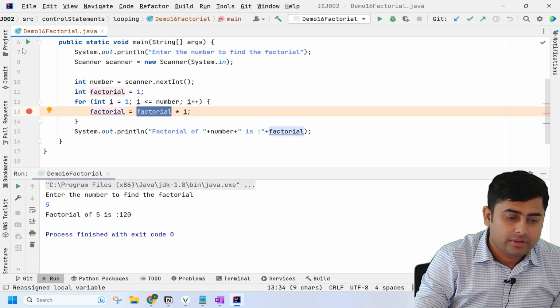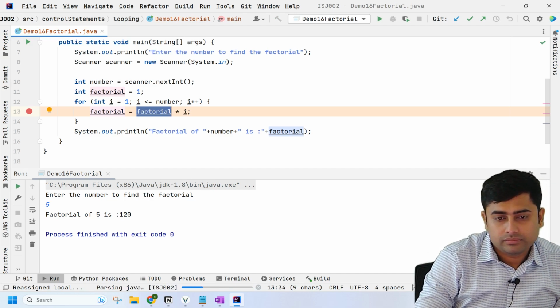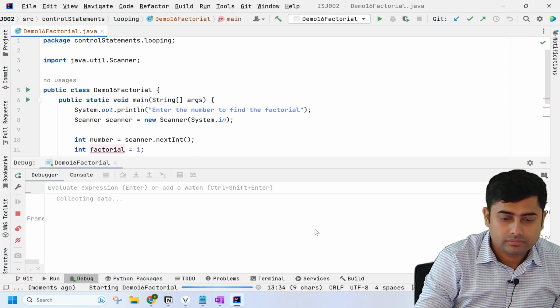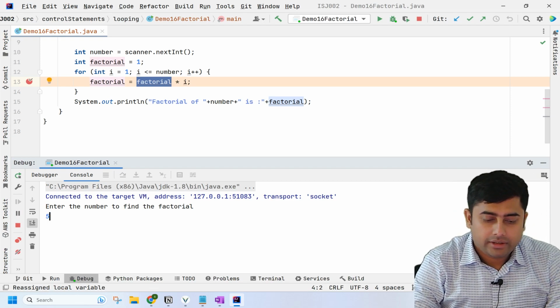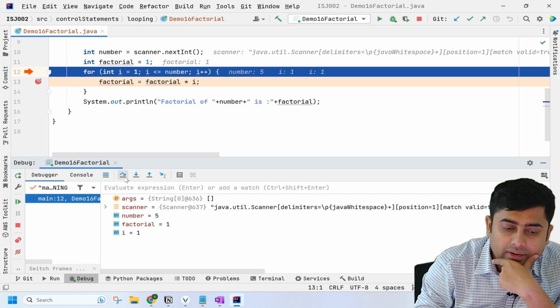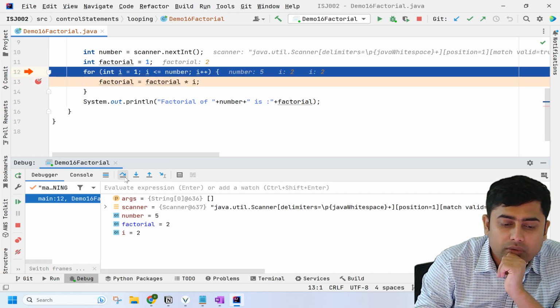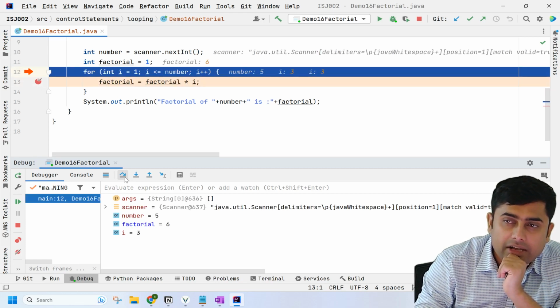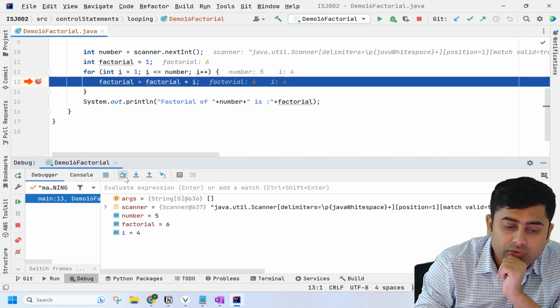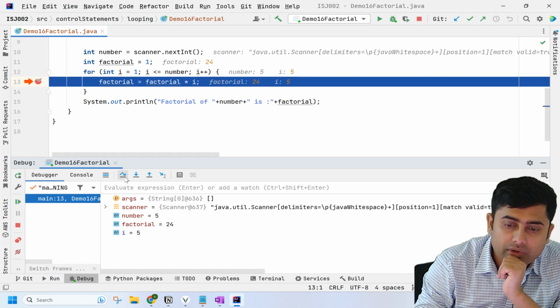ठीक है, लेट मी शो यू दिस, आई विल जस्ट debug this also. I entered 5, factorial initialized with 1, i is initialized with 1, i is 1 less than or equal to number, true. यहाँ पे फैक्टोरियल कितना है 1 इनिशियली, तो फैक्टोरियल इज 1, 1 इंटू 1, आउटपुट क्या आएगा 1. नेक्स्ट i++ हुआ, फैक्टोरियल का वैल्यू कितना है 1, 1 इंटू 2 2, तो फैक्टोरियल का वैल्यू बना 2. वंस अगेन i++ बना 3 हुआ, तो 2 इंटू 3 6, अगेन i++ 4, तो फैक्टोरियल का वैल्यू कितना है अभी 6, सो 6 इंटू 4 24, i++, सो फैक्टोरियल कितना वैल्यू है 24, 24 इंटू i दैट इज 5, 24 इंटू 5 120,